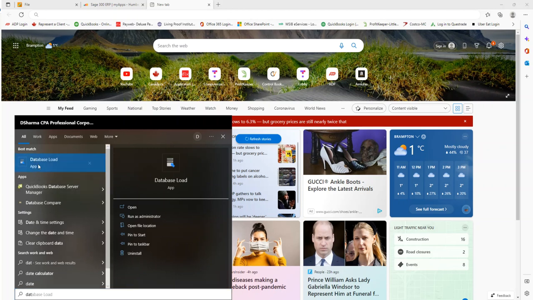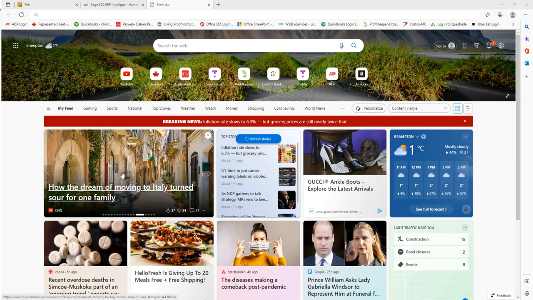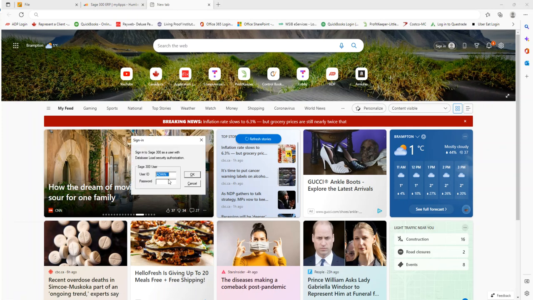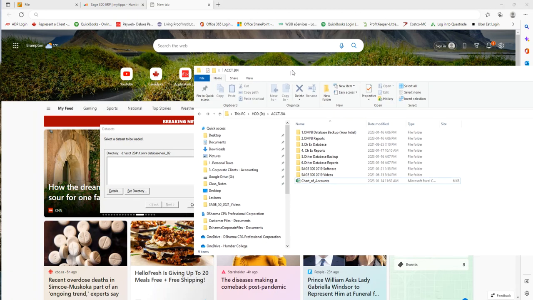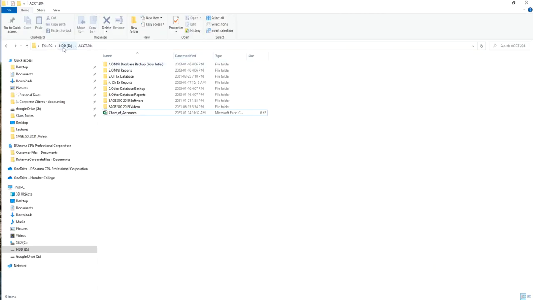Database load, and then it's going to ask me the password, which is admin. Now it's going to ask me the file. What I usually do is on my USB drive, so technically this G drive is my USB drive, I